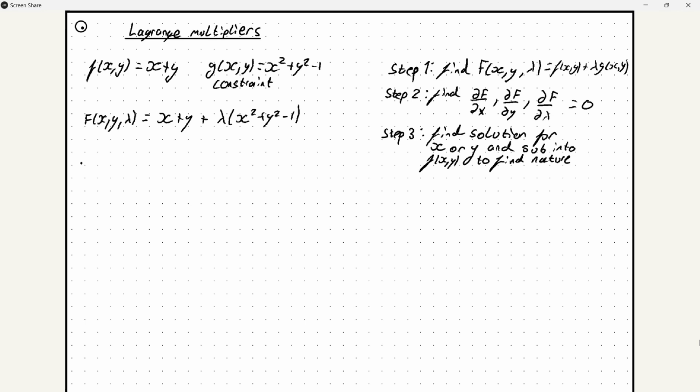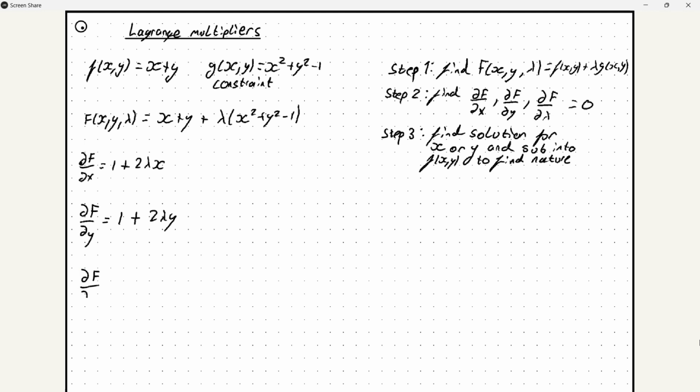Now we use the same steps, partially differentiating. So here we'll have 1 plus 2 lambda x. If we just focus on this part here, because the rest of them are going to disappear, because they are treated as constants, then if we do with respect to y, 1 plus 2 lambda y,